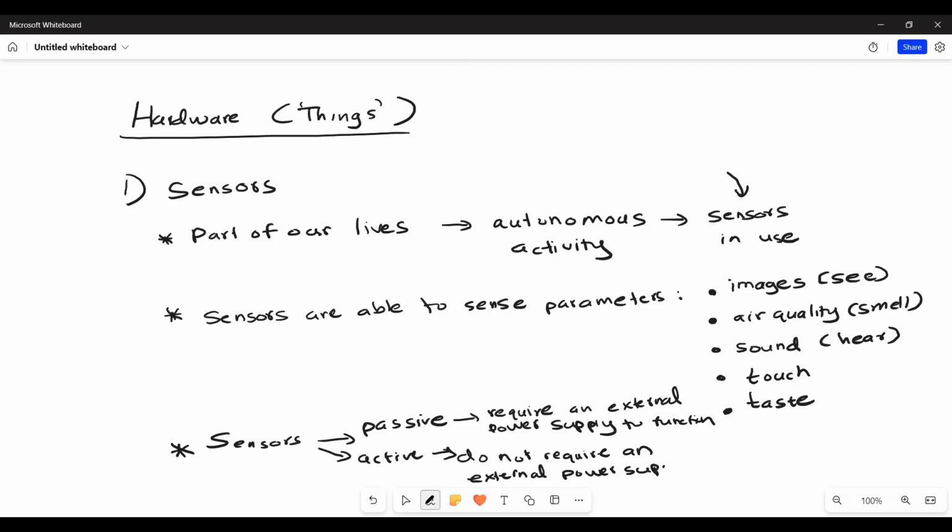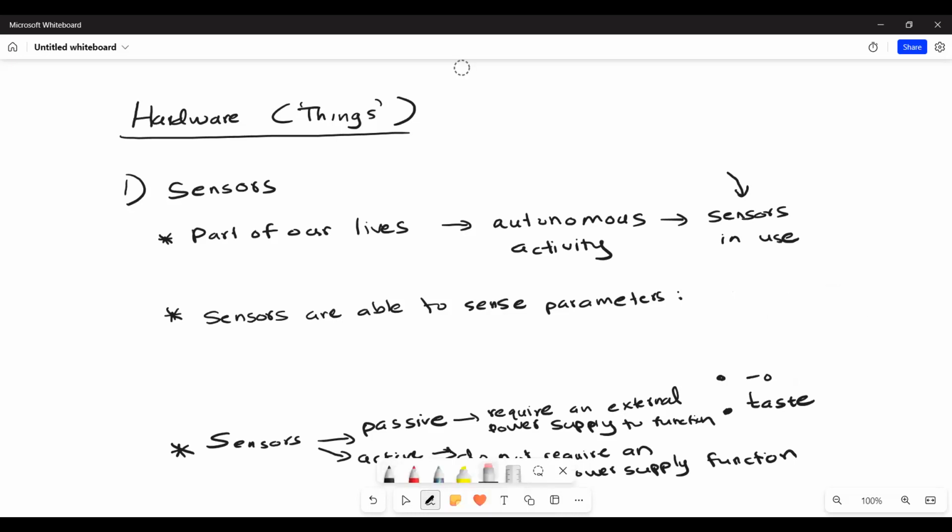So the active sensors do not require an external power supply to function, and the passive sensors require an external power supply to function. We will discuss the different sensors under these passive and active sensors,